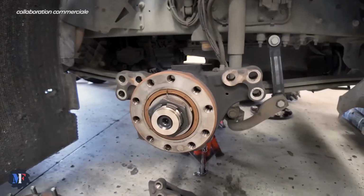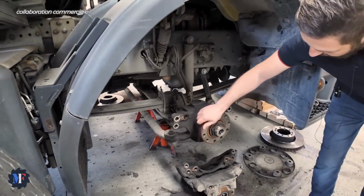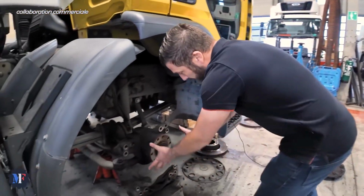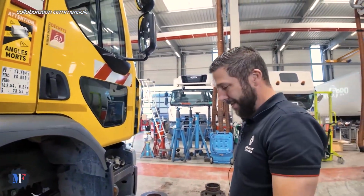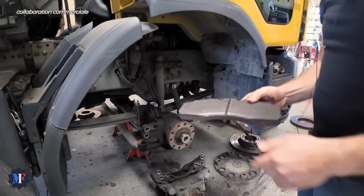Yes, it's not like on cars. Here, the hub stays in place. You see, with your bearing, you just come and mount the disc on it. You have the flange, you have the disc that goes there, and you put the disc on top. You secure it with the screws. Yes, and that's it. And then, for people who don't know, look at the size of the pads compared to...